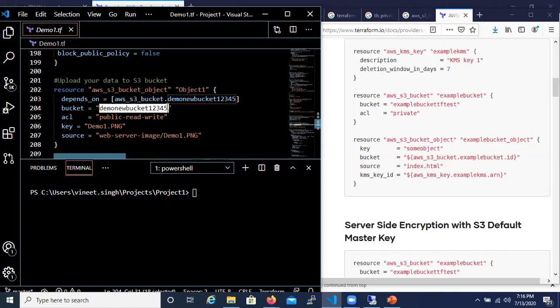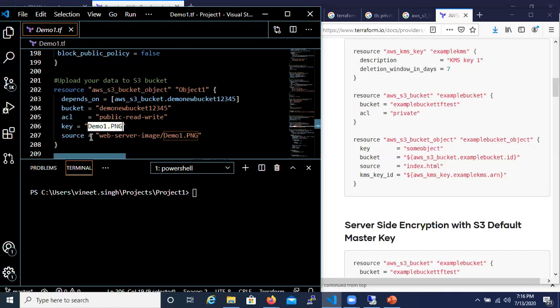This is my bucket name, the same name which I've given in my bucket creation block. And the ACL should be public read write. And key defines what specific image I'm planning to upload. This specific image is present in my GitHub repository.